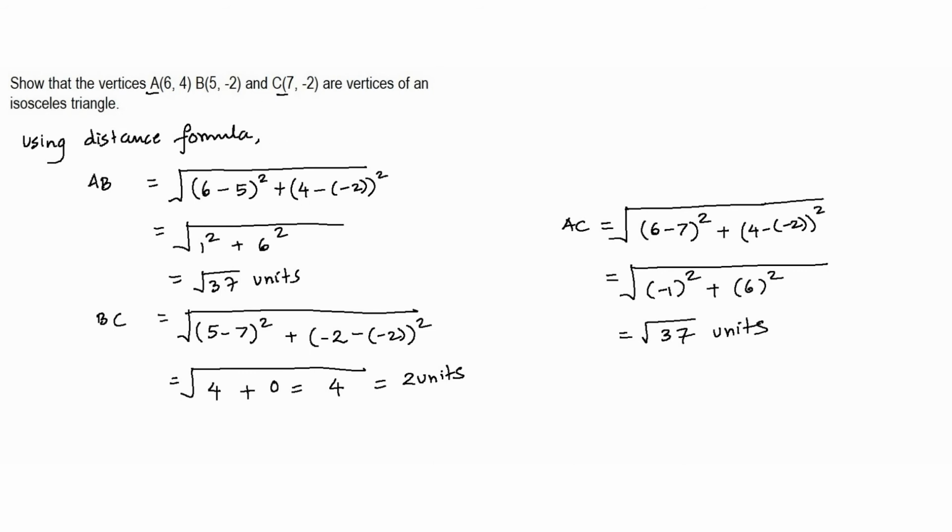So now you notice that the length of AB and AC is equal. AB and AC are equal to each other, right? Therefore we have AB and AC equal to each other, and that is why this particular triangle is isosceles, because these two lengths are equal to each other. I found that the lengths are root 37 and root 37, and the unequal side is equal to 2 units. Therefore, this particular triangle is isosceles. So pausing for a few seconds before taking up the next one.